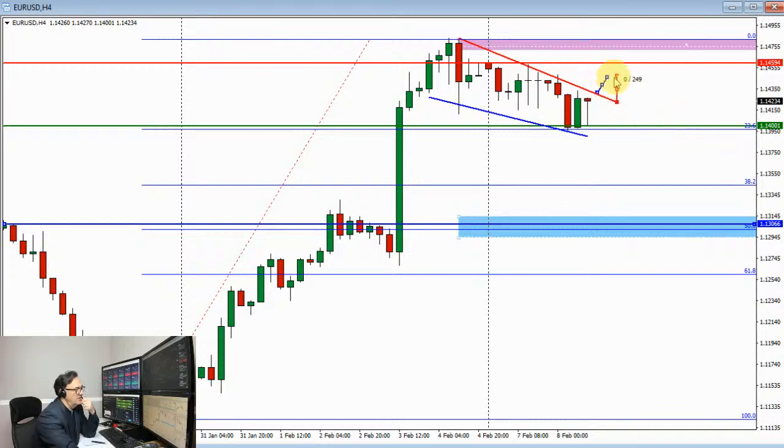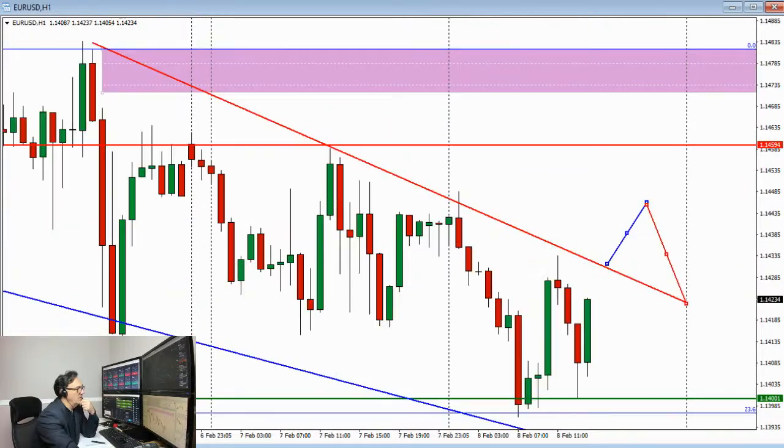So this is the previous resistance, newly found support. So breakout, a retest, then that could trigger an extension to the upside and a push towards 1.1460, possibly even 1.1480, 1.15 to the upside. That's the reason why I want to get out of my short, because if this happens,